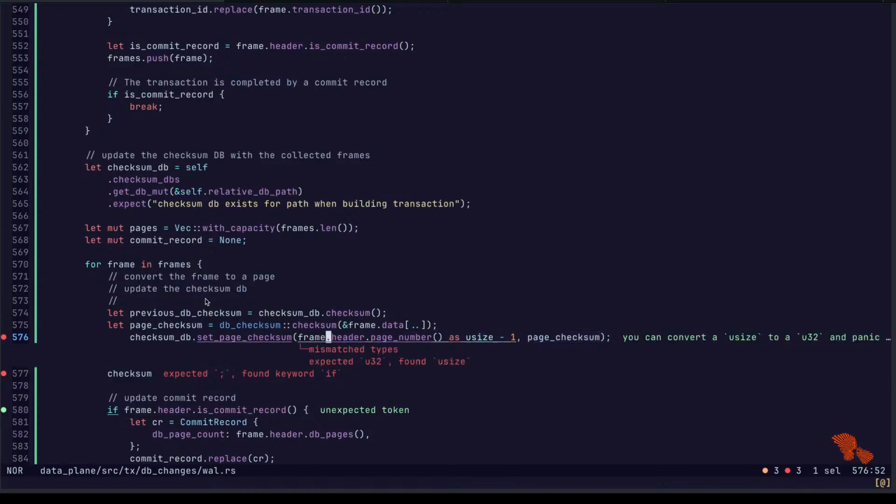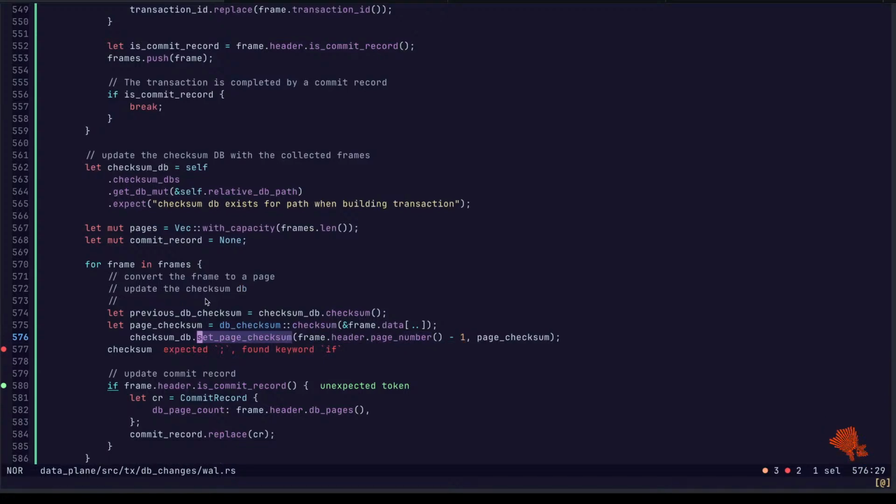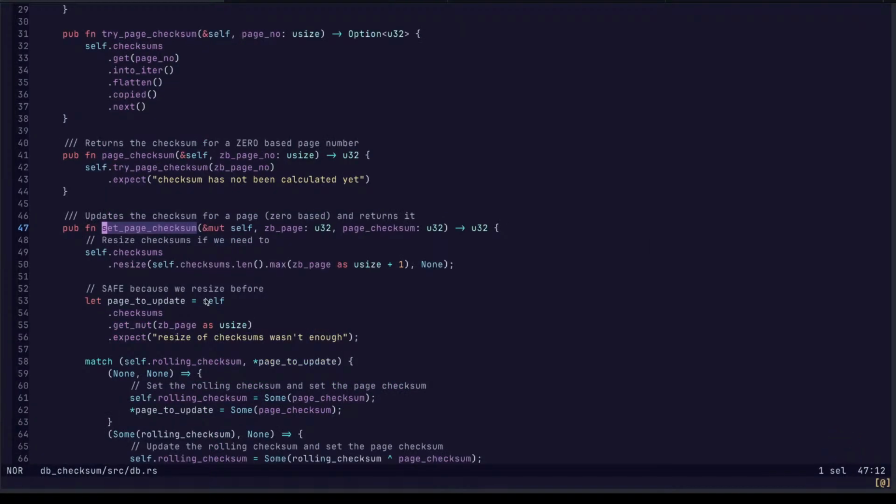There we go. What does this return? Oh, you can convert usize to a U32. Now, was this zero sized? Zero based, yes.